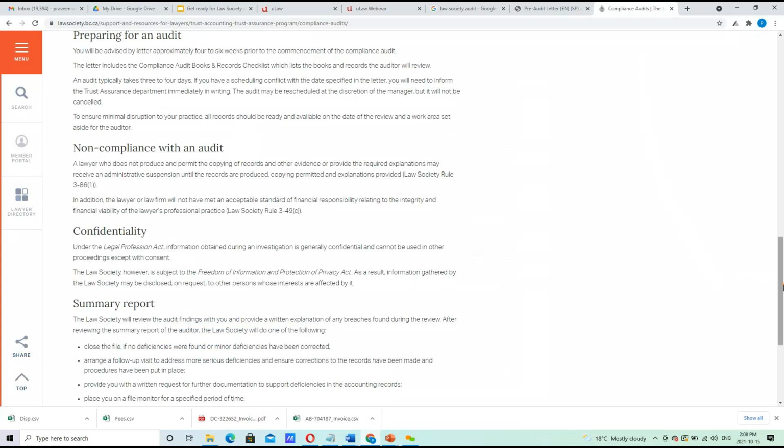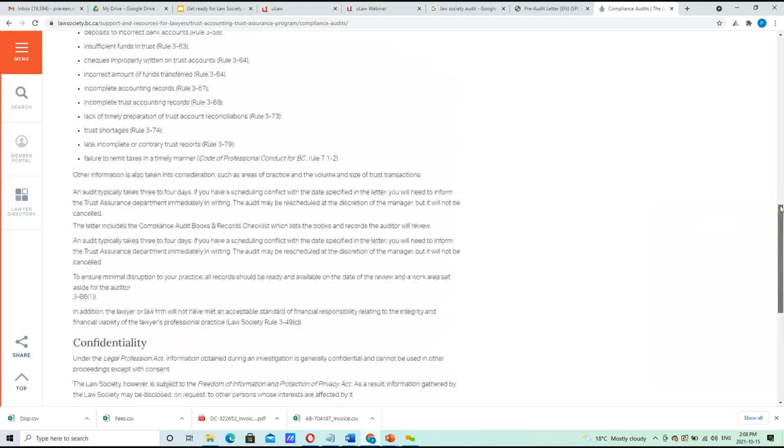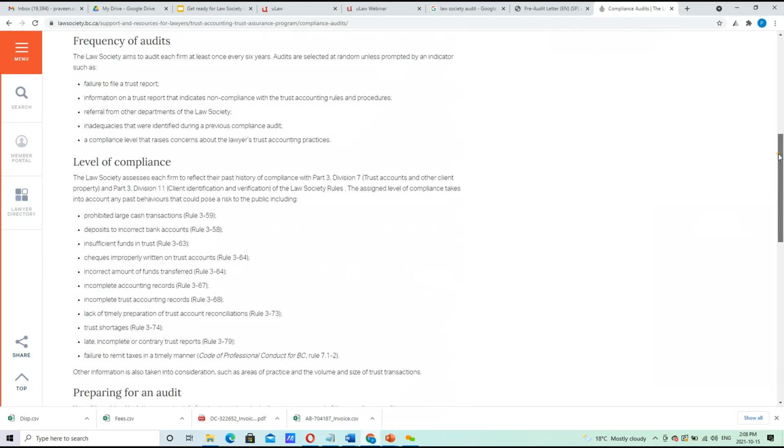Same thing goes for other provinces. Each province may have its own little nuance of the expectation in terms of documents, in terms of provincial specific documents as well, right? For example, in the province of Ontario, you have a form called Form 9A, which is the electronic transmission document when you're doing trust transfers electronically from a trust account into a general account. And each province has its own specific documents that they ask for.